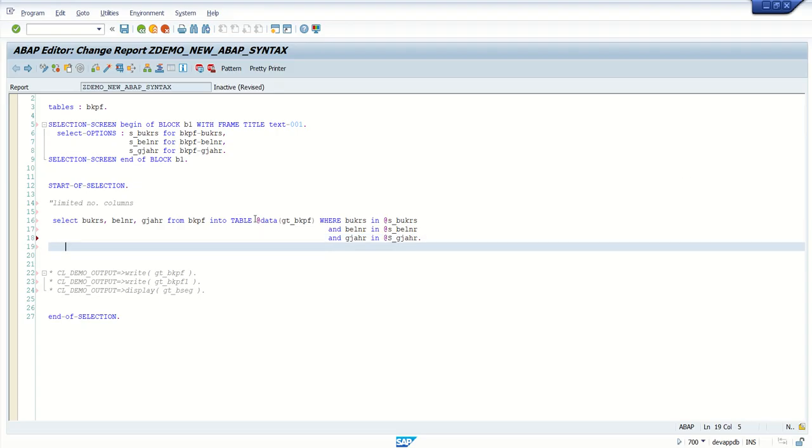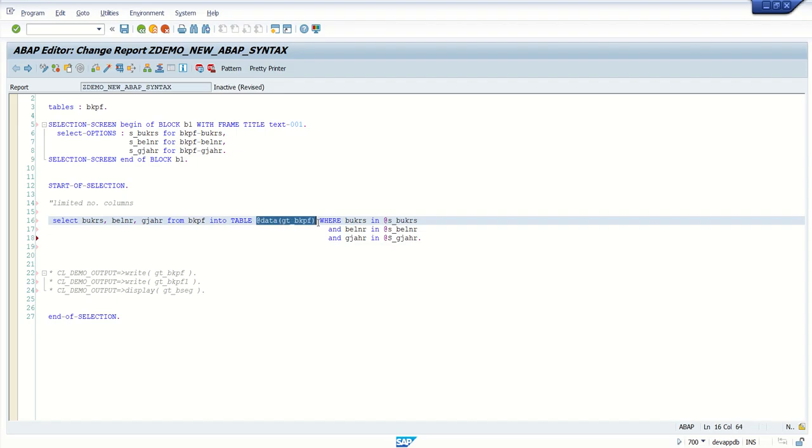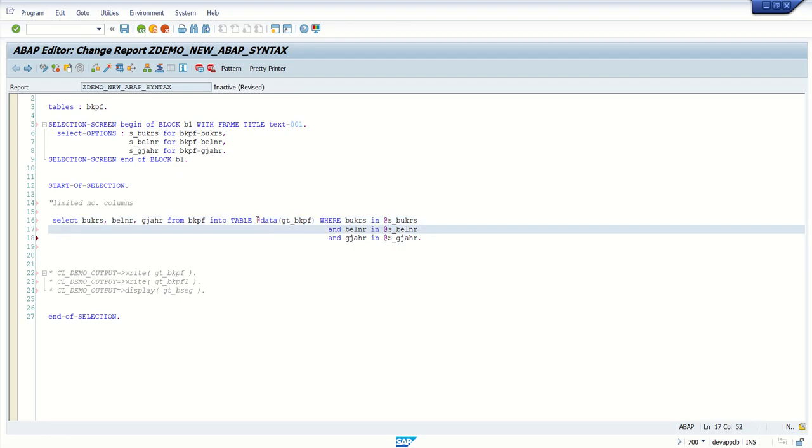And this sign we have to add only in the select query whenever we are selecting data from a database